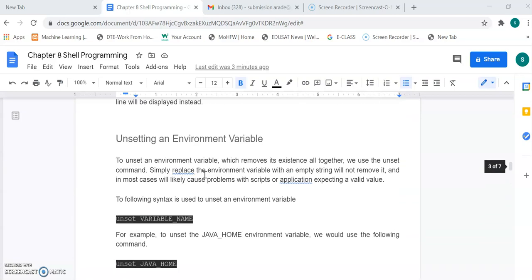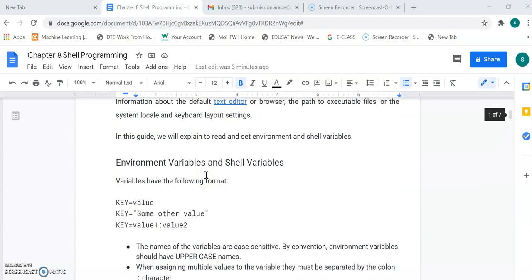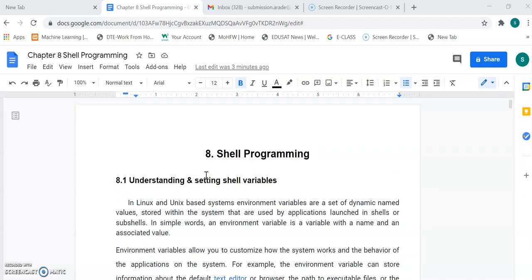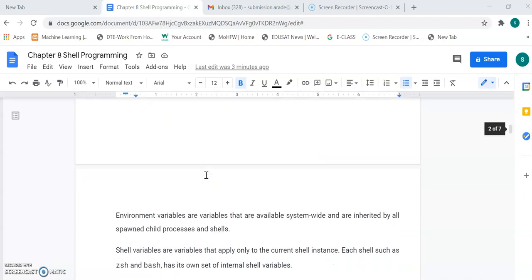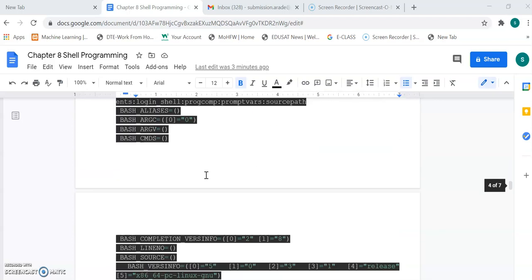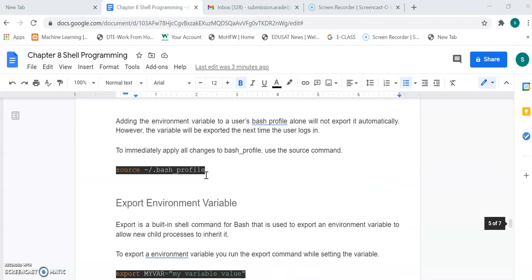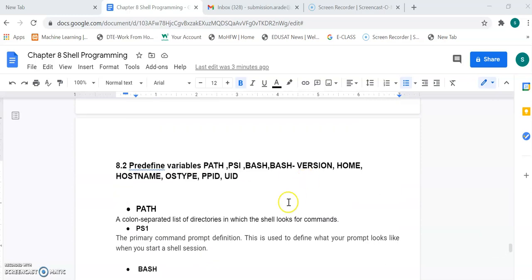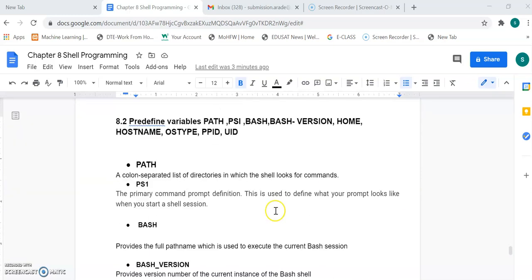So in this video we learned about the different shell variables, how to set shell variables, the use of those shell variables, a subset of commands, and some predefined variables. There are so many predefined